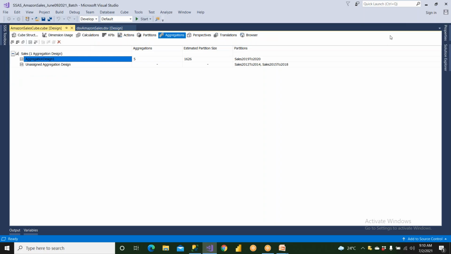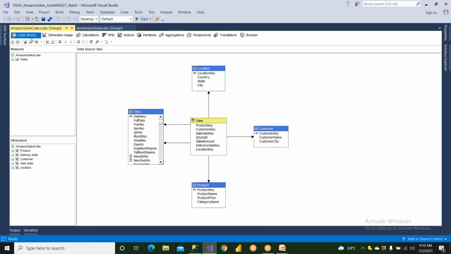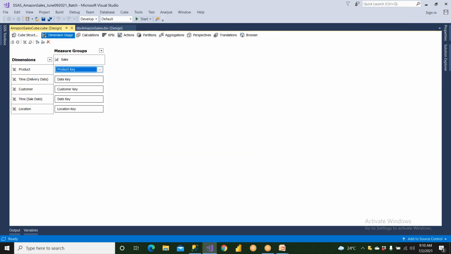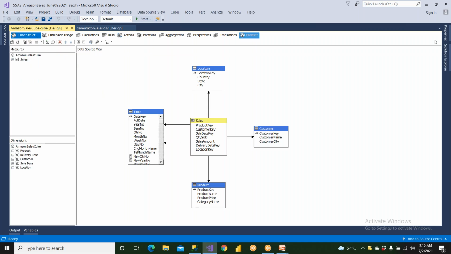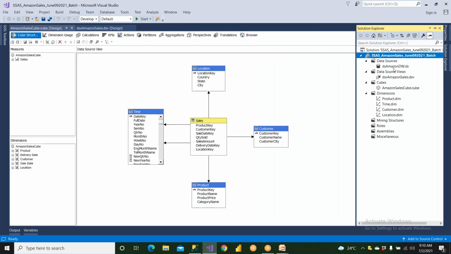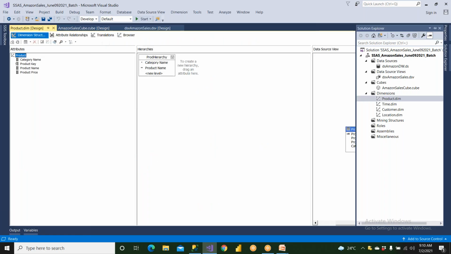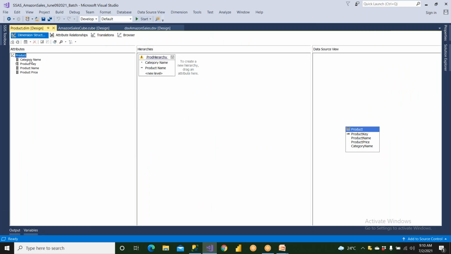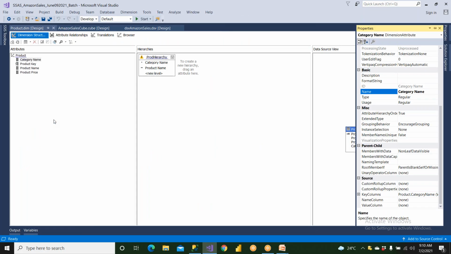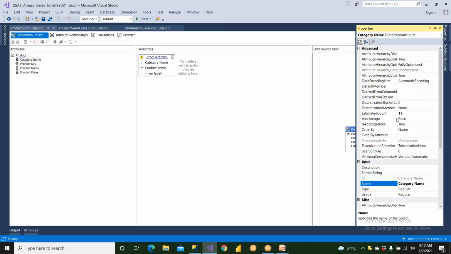Sometimes you are not going to be having proper aggregations. Aggregations are missing for many reasons. One is that it may miss, or sometimes what will happen when you double click on this. For example, I have a category name. I right click and say properties. Okay, whatever be the reason. So in this also people will say